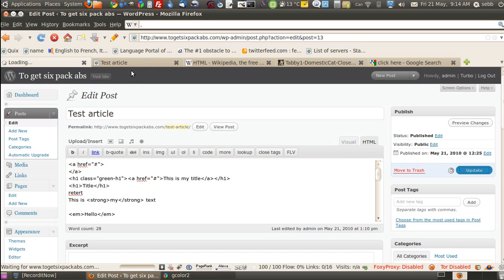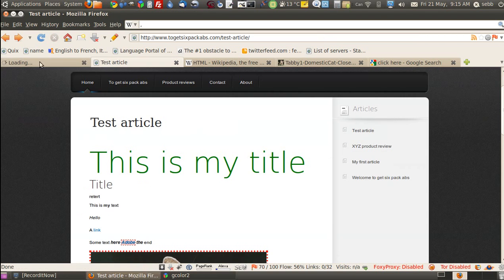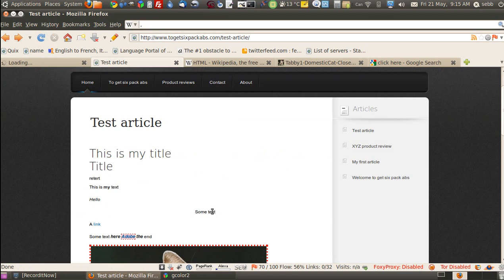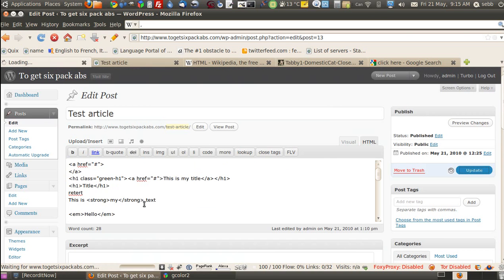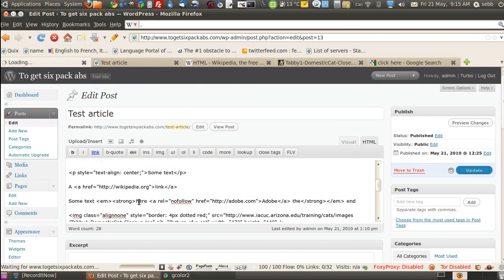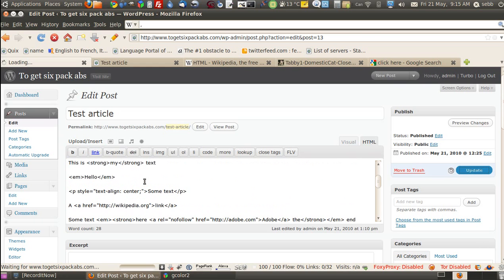So again, since I learned what mistake I was doing, I didn't have to go define my green and 80 pixel font size h1 in the other file. I could have done it here, but I had to do it also in the anchor for it to work. So does it work? Yeah, some text center, and you can select center or right side. Okay, so this works for text and inline elements like that. But if you wanted to